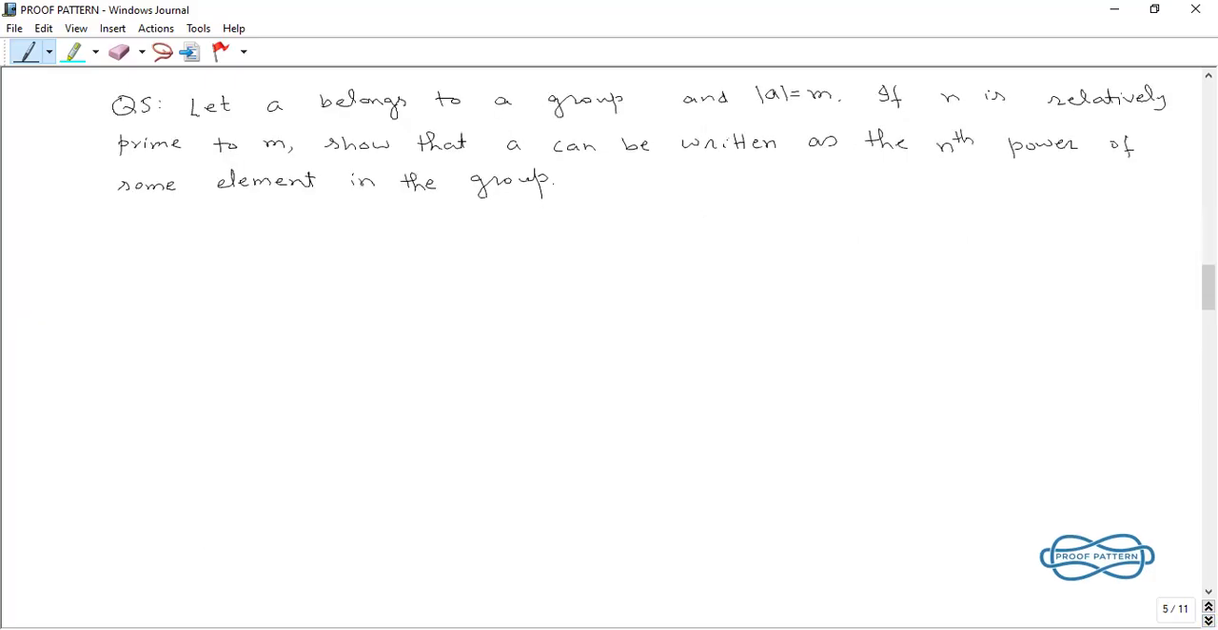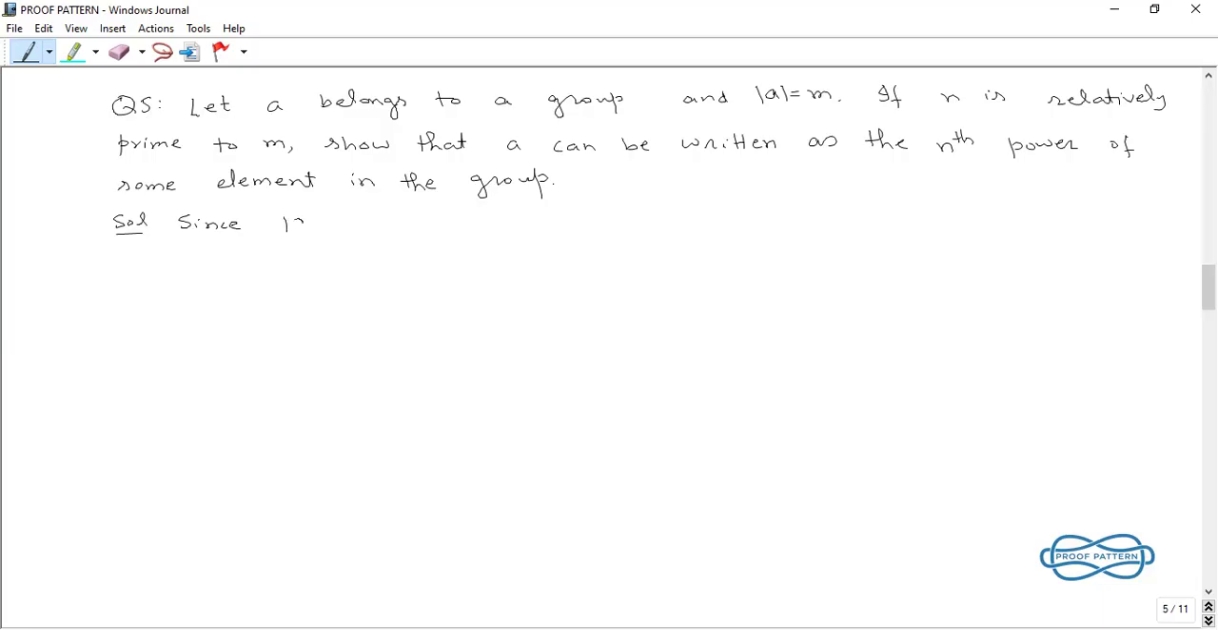Okay, the next question is question 5. Let A belong to a group and the order of A is equal to m. If n is relatively prime to m, show that A can be written as the nth power of some element in the group. Okay, since